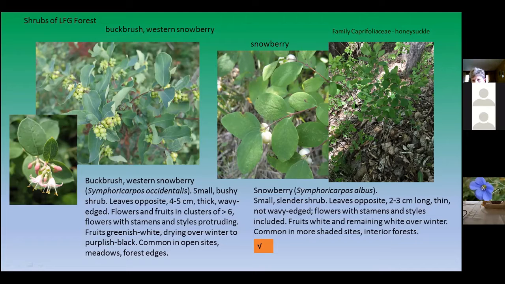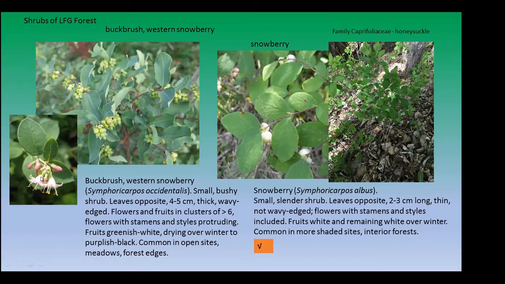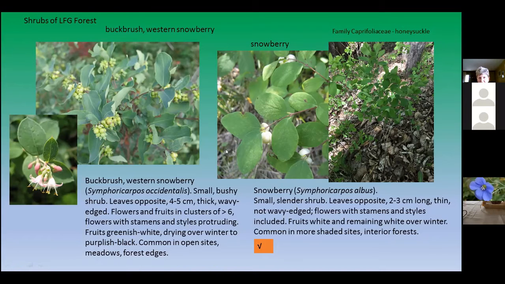I took this picture on Saturday of this slender shrub with these paired oval leaves. It does have flowers that look a bit like this, not quite as big, belonging to the buckbrush, but it doesn't have nearly as many berries as the buckbrush. It just has these odd white berries, hence the name. So that's almost certain to be in